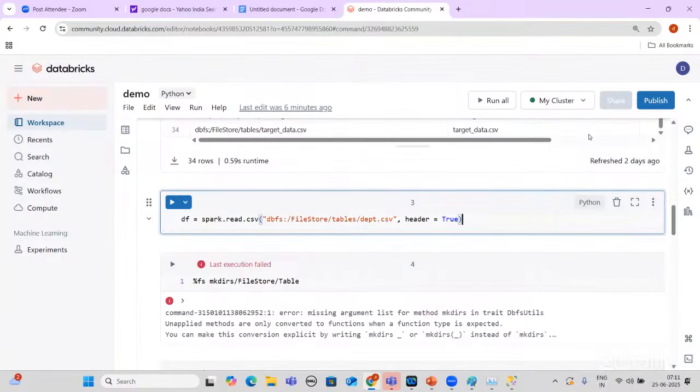So which resource manager does Databricks use? Databricks uses,